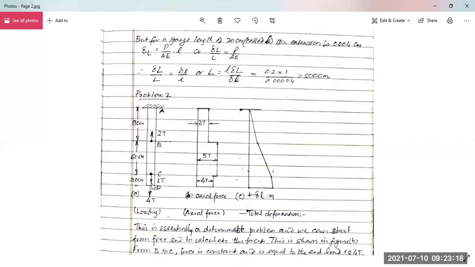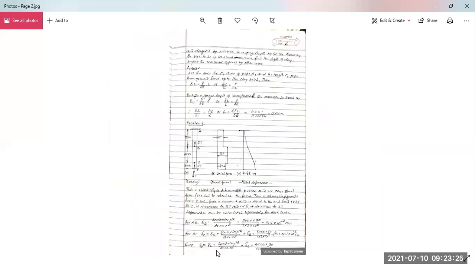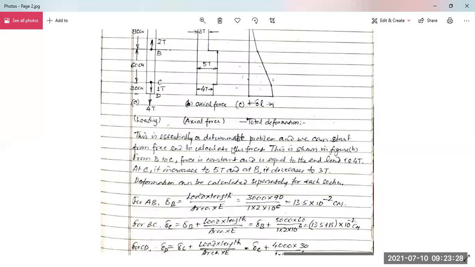So what happens? From B to C, the force is consistent, equal to the total 5 ton. It's equal to the end loads, 1 ton and 4 ton. That is, at C it increases to 5 ton, and at B it is acting only up to 3 ton itself. Because